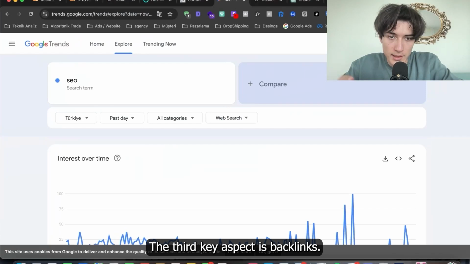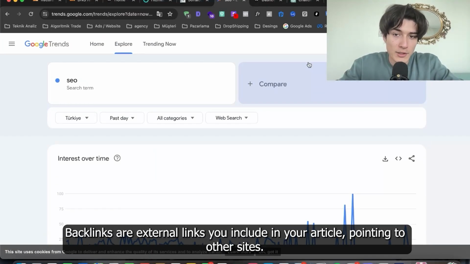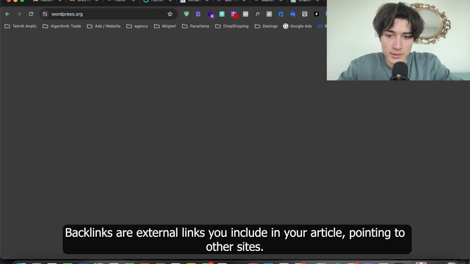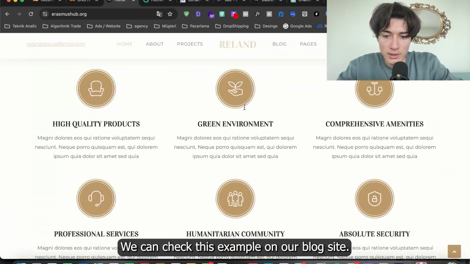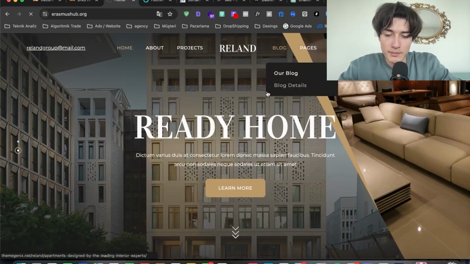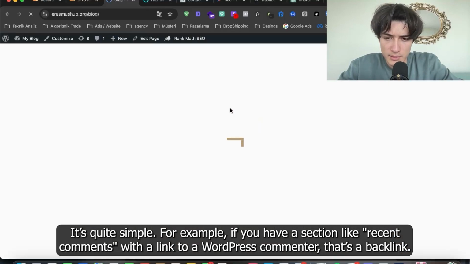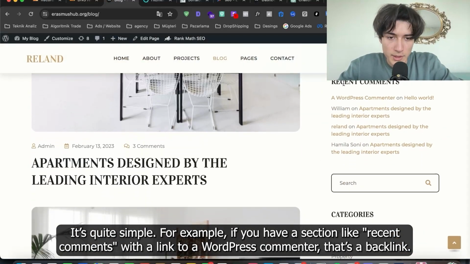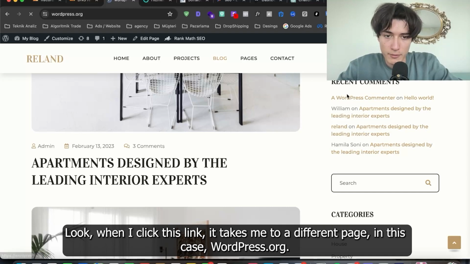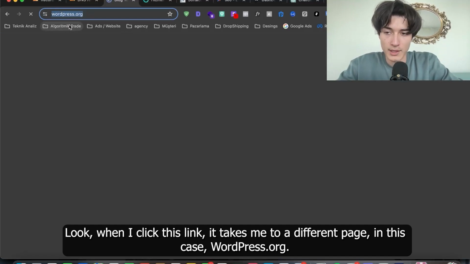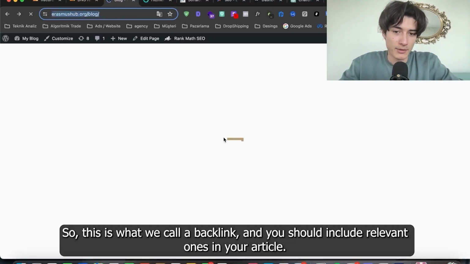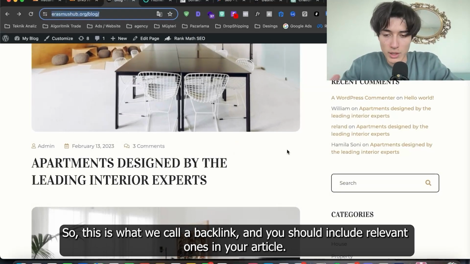Third key aspect is backlinks. Backlinks are external links you include in your article pointing to other sites. Let's see what I mean by this. You can check this example blog site. It's quite simple. For example, if you have a section like recent comments with a link to a WordPress commenter, that's a backlink. Look, when I click this link, it takes me to a different page. In this case, WordPress.org. So this is what we call a backlink,